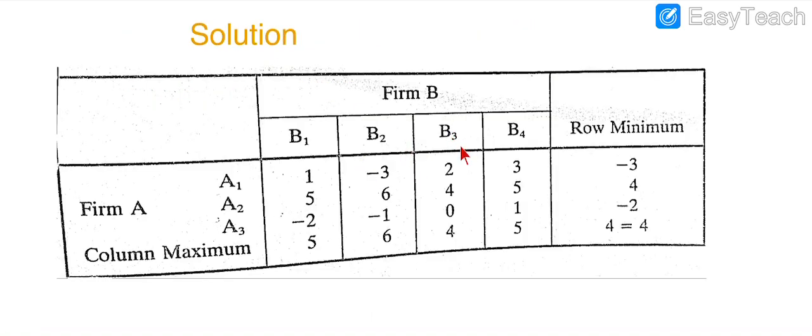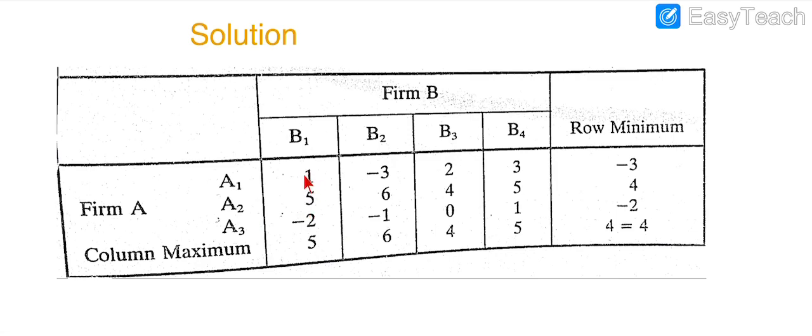This is the solution. When you have to find the solution like this, firm A has three strategies and firm B has four strategies. You have to solve the problem by taking the maximum values column wise. What is column wise? Like this, column wise, and take the minimum value row wise. First, see,